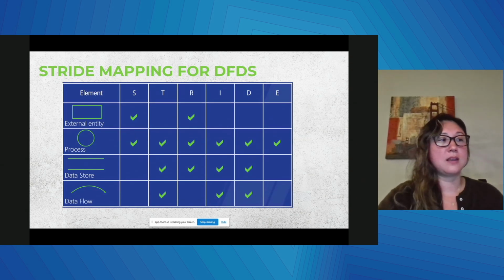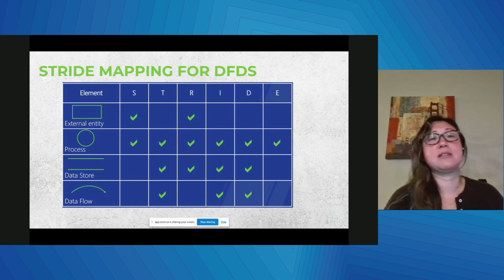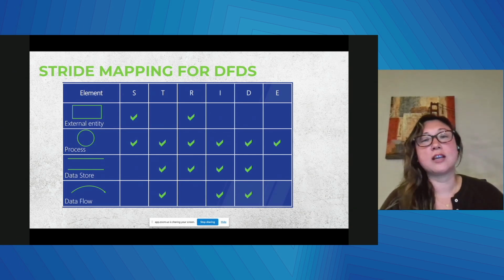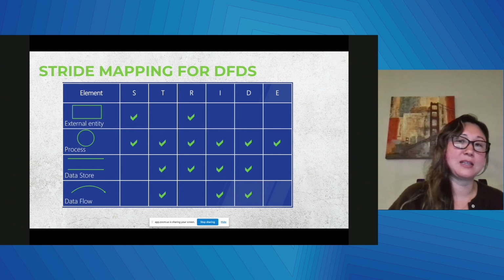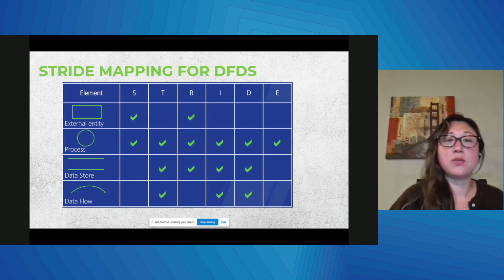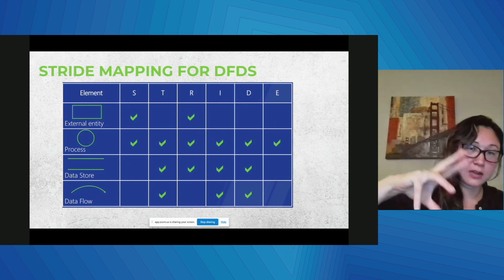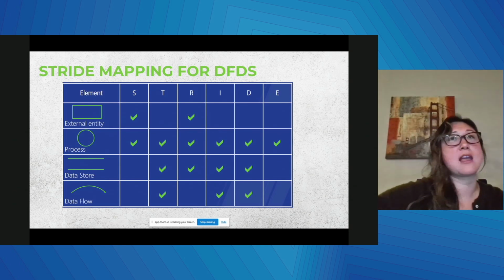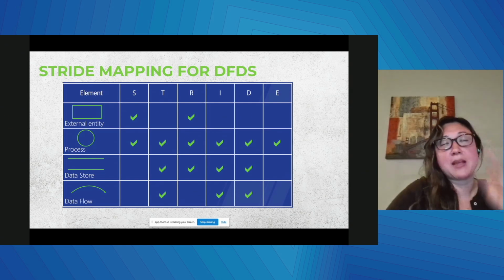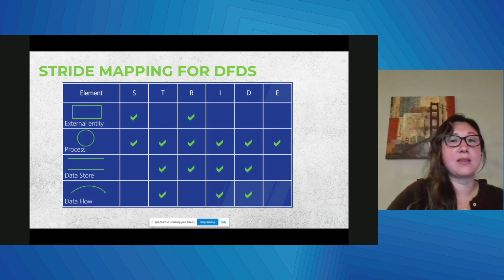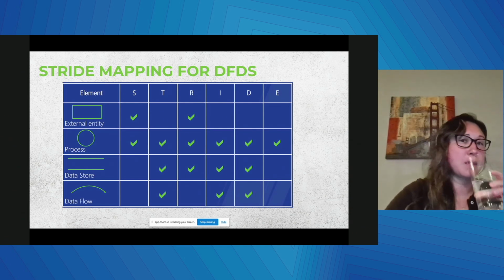Okay, so here you can see is a really accurate map of what STRIDE elements actually map to some of those DFD elements. I like to look at this periodically whenever I am creating my threat models, because I think it's really nice to have a double check when you look at the flows that you're seeing within your data flow diagrams and seeing, am I actually achieving some of these STRIDE categories as well? There are similar mappings out there for some of the other frameworks too, but I think that this one's a good reminder.